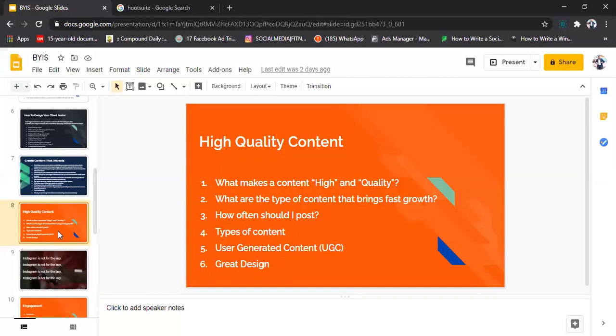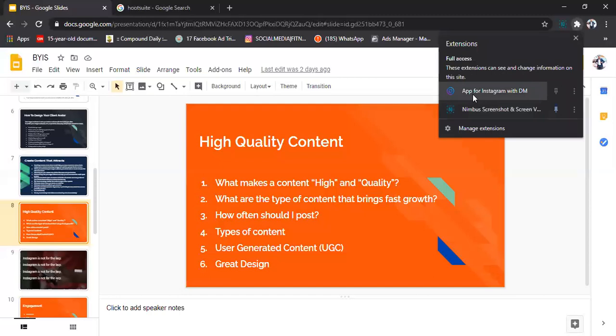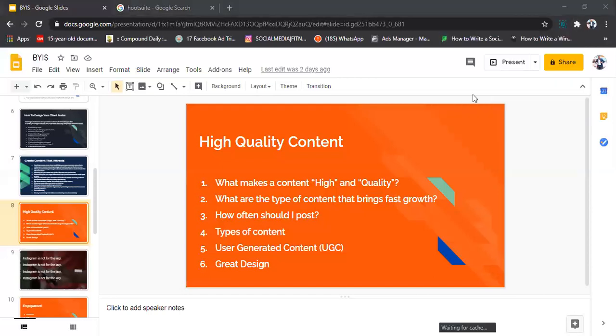And then great design. This also goes with high quality content. A great design plays a huge role in your account growth. So when making your post, it also has to do with high quality. Have a great design. Your newsfeed should be very attractive and beautiful, to make people want to stop by, because people like beautiful things. Your newsfeed should really be attractive, to make people want to follow you.